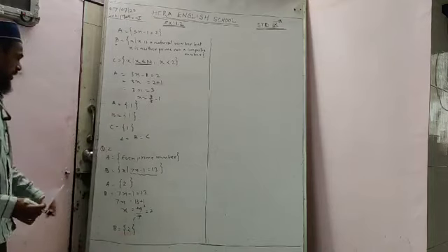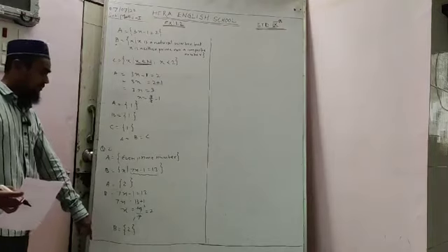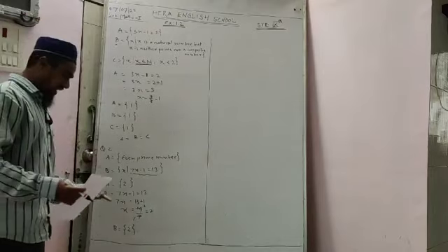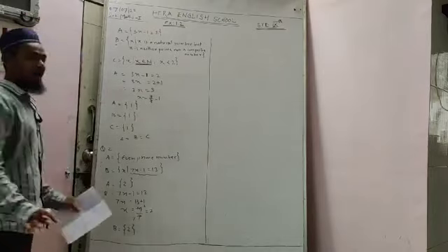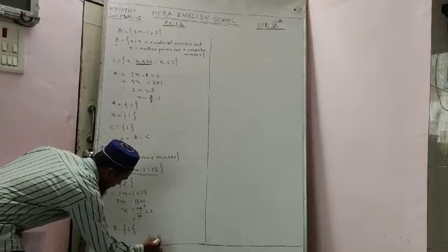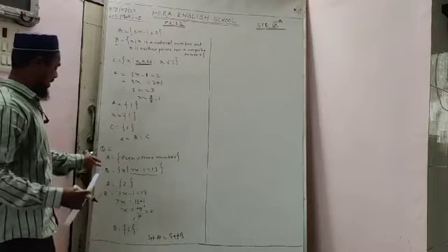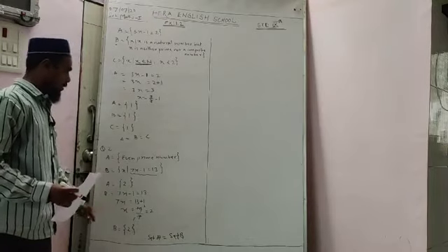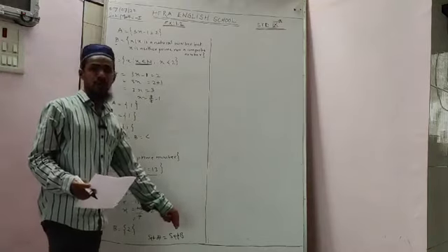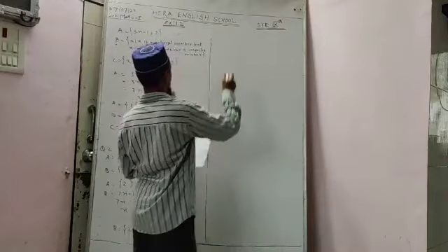Now see very carefully. Set A has only 2 and set B has only 2. Means set A and set B both have the same and equal element. So we can say set A and set B both are equal sets. So we'll write here the statement: therefore, set A is equal to set B. Why are they both equal? Because both have the same and equal elements. So we can say with this reason, in this solution, set A and set B both are equal. Okay, I think you got it. Now come on to the next question. Question number 3.